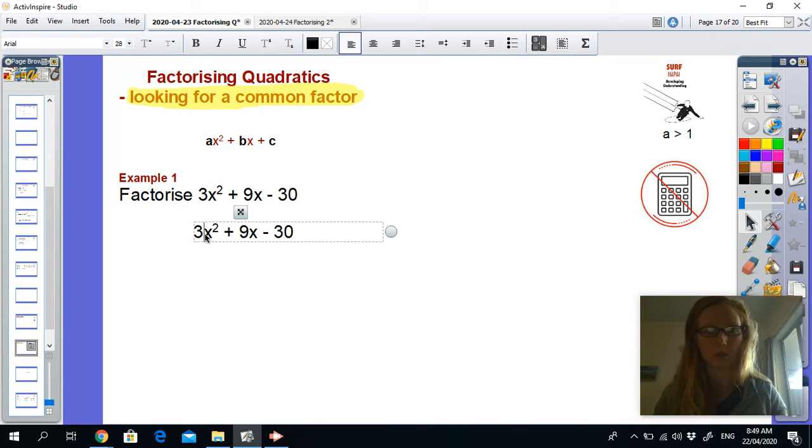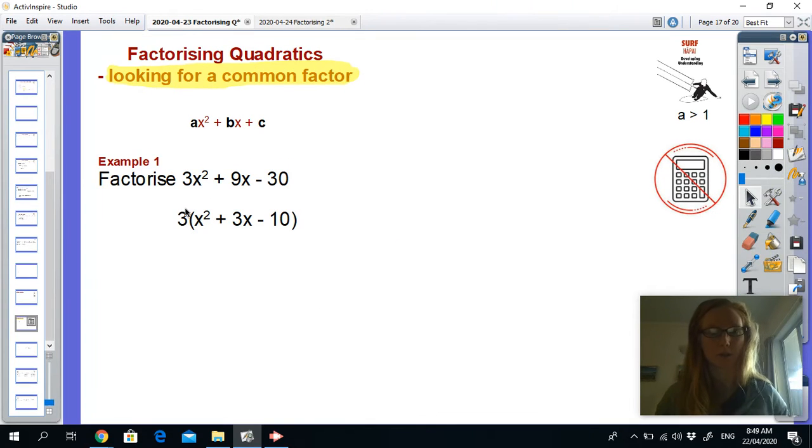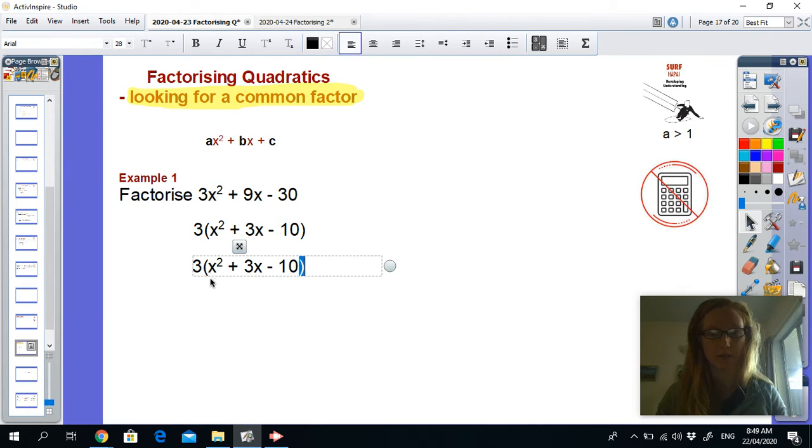So what we can do is factorize out that factor of 3 by dividing everything within that expression by 3. So 3x squared divided by 3, 9x divided by 3, and negative 30 divided by 3. Okay. So what we're left with now is, yes, there's a factor of 3 on the outside, which we're going to keep there, but what we're left with now is a quadratic that looks just like the ones we were dealing with previously, that we know we can now factorize